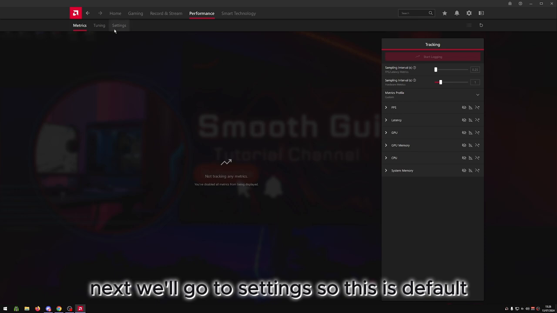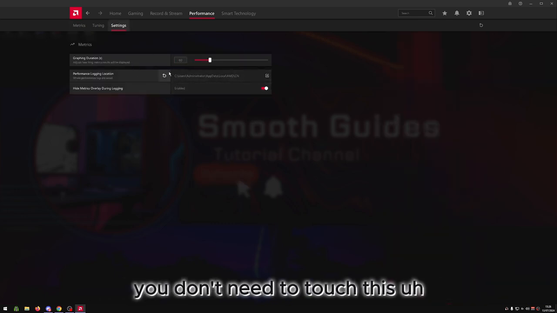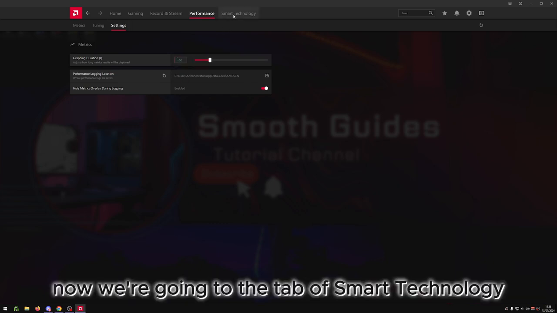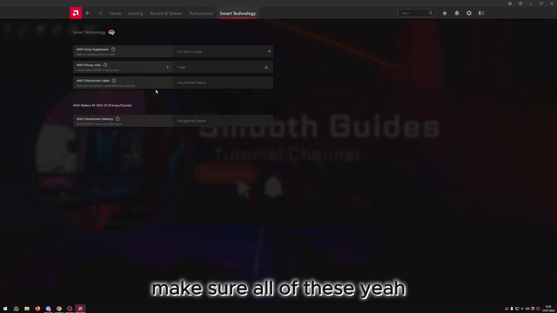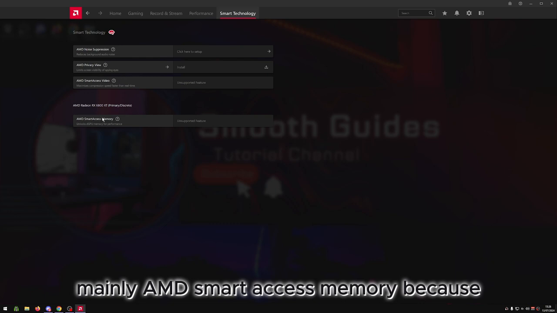Next we'll go to settings. So this is default, you don't need to touch this. Now we're going to the tab of smart technology. Make sure all of these are disabled, mainly AMD Smart Access Memory,